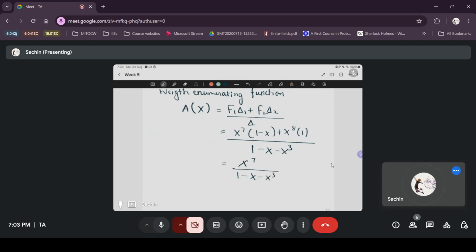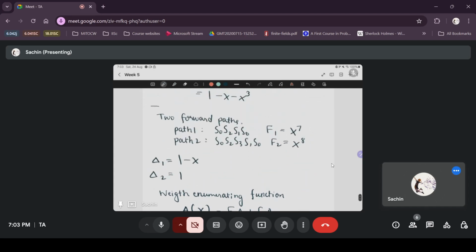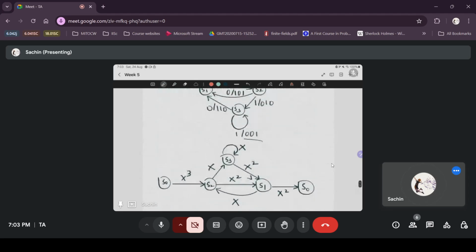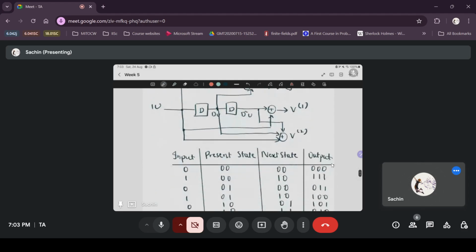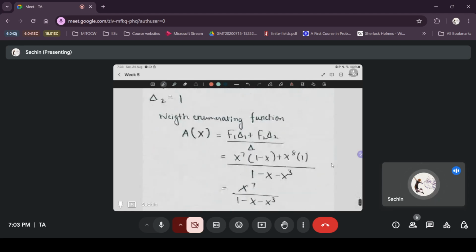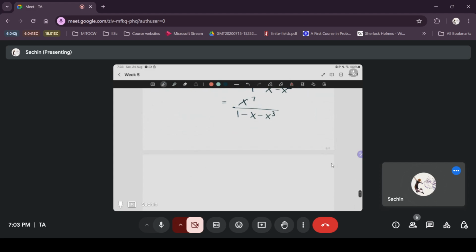So we have this. Now we'll go back and see the question says what will be the upper bound on the event error probability. So what event error probability is and how do you find that? The formula for that was taught in the lecture, and I am taking this formula directly from the lecture. The event error probability is bounded by